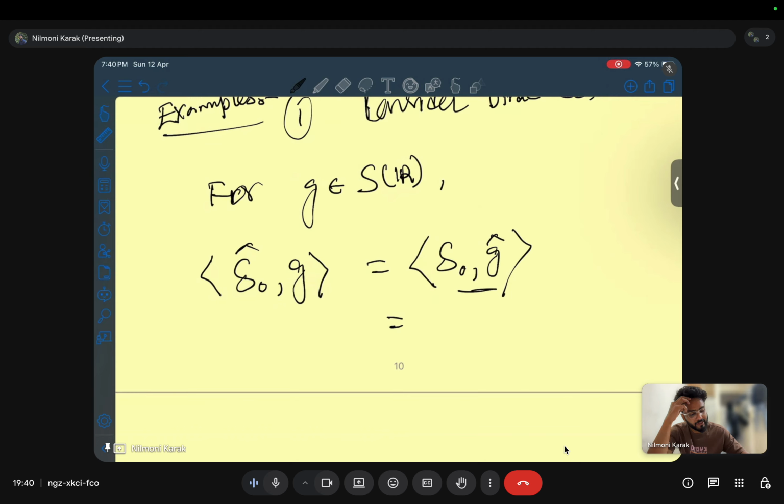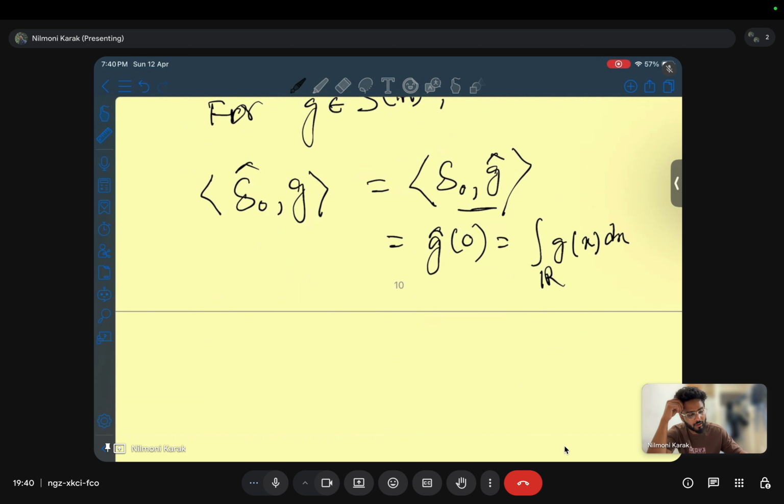If you multiply, this is g hat at 0, and this is simply the integral of g x dx, and this is your 1 of g, and just comparing them we will have